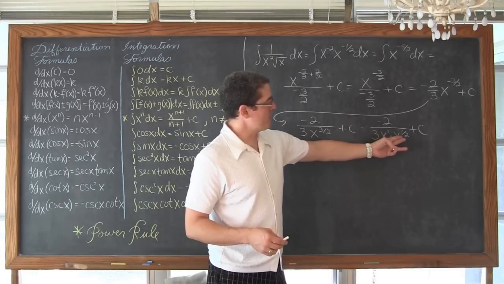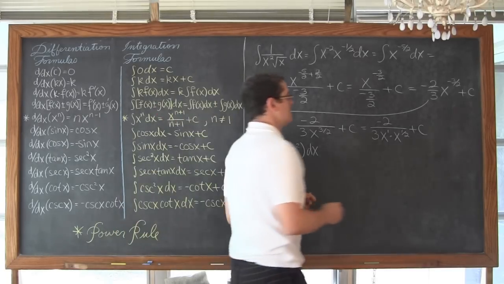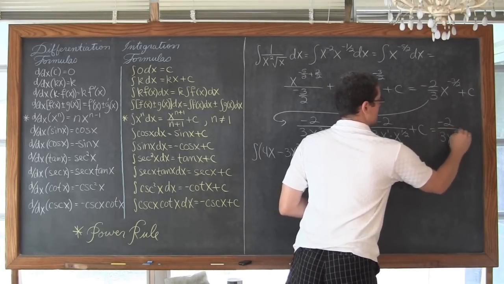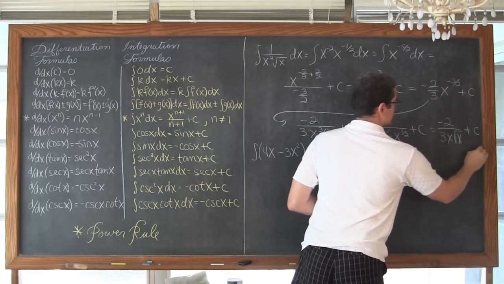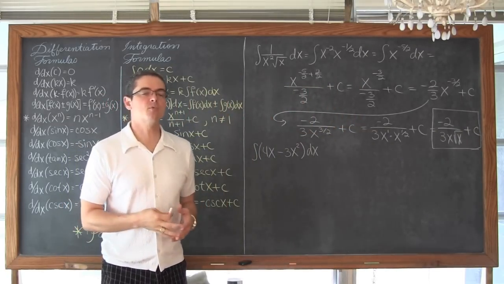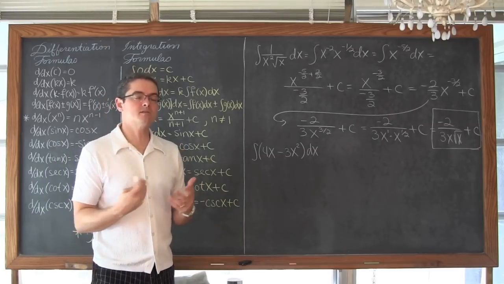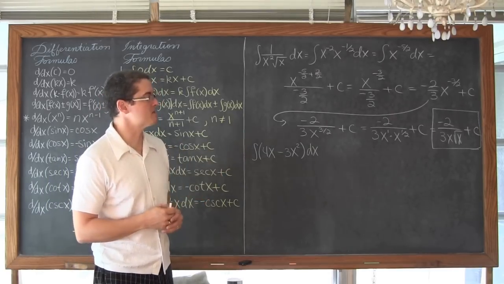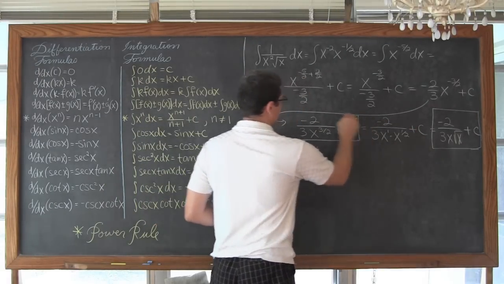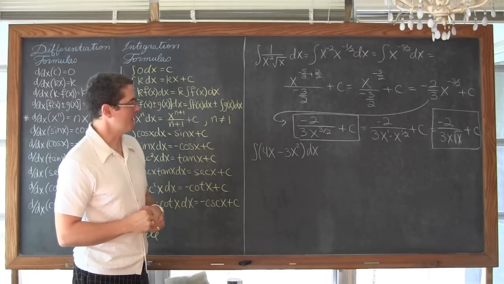And then we can put that radical notation back in because x to the 1/2 power is the square root of x. So you could write this as negative 2 over 3 x times the square root of x plus c. So it just depends on how far you need to go in your simplification process to make your teacher happy. And of course, you might have a right answer, but not have your answer in the format that's in the back of the book. So keep working on that simplification until you get something that is in the back of your book so you can check your work. It's probably going to be in this format here with the x to the 3/2 power in the denominator.